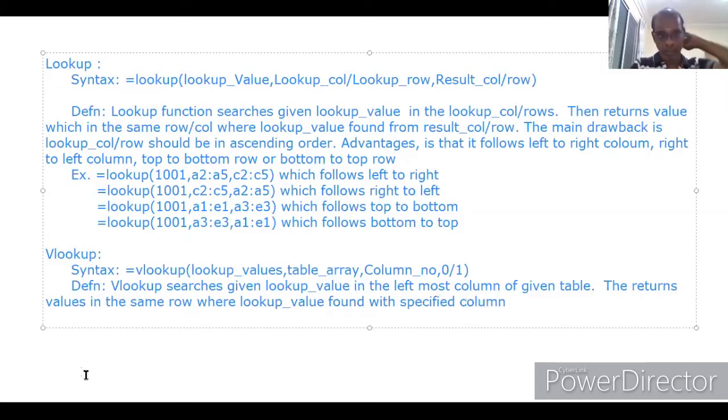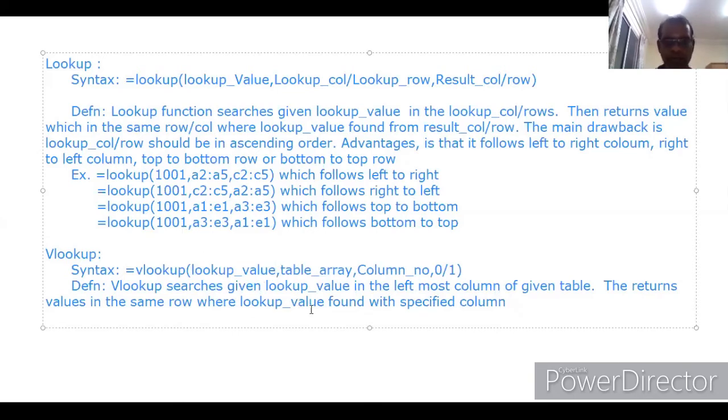Okay, so VLOOKUP searches the given lookup value in the leftmost column of the given table. It returns the value in the same row where the lookup value is found with the specified column. Okay, I will explain you.